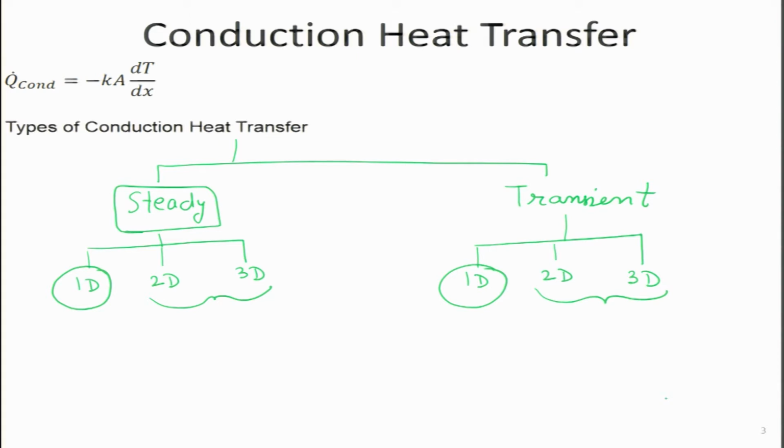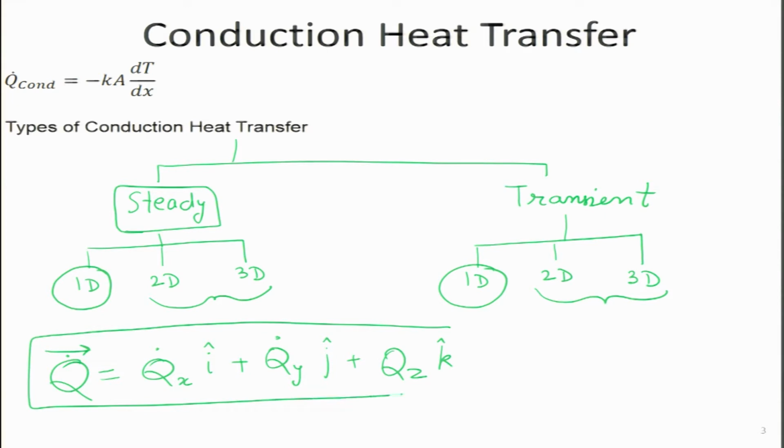So, let us say we are having heat transfer taking place through a particular medium. In general, we can go ahead and write it in a vector form, that the rate of heat transfer Q dot is equal to Q dot x i plus Q dot y j plus Q dot z k.